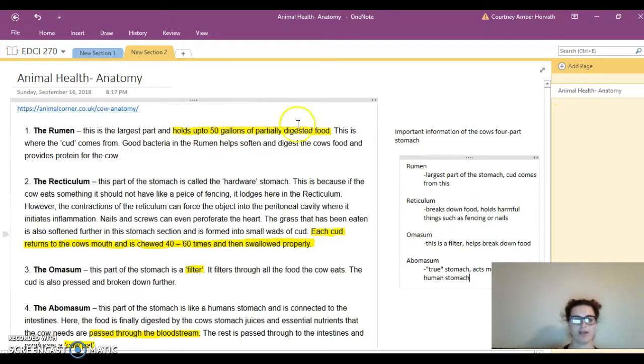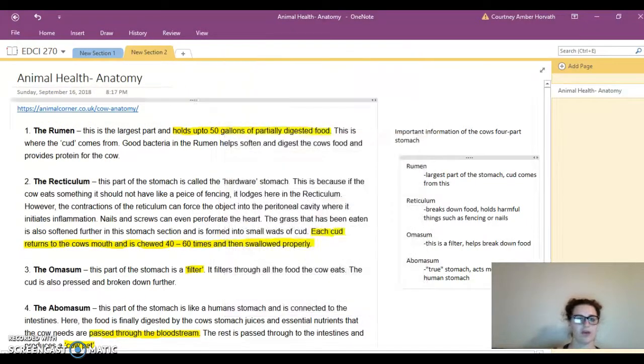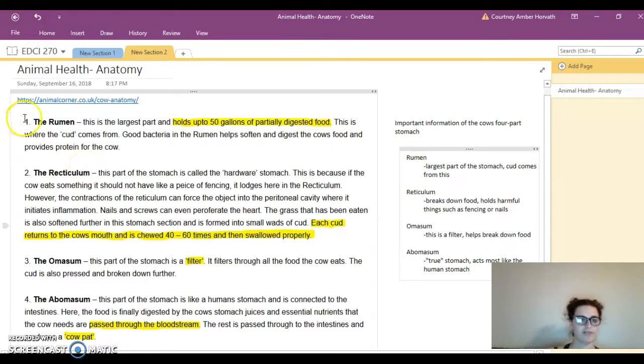I have clipped this article from this website, animalcorner.co.uk, and I used my snipping tool to use it, and I've snipped this part of an article, talked about the different types of stomachs within the cow, well, the one stomach with 4 parts, and I wrote down some important